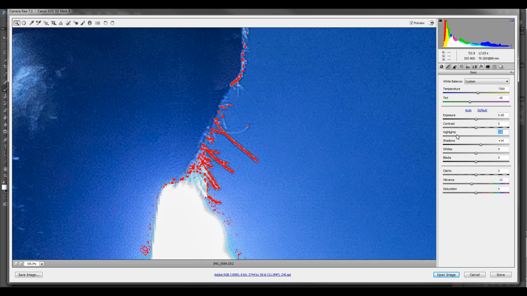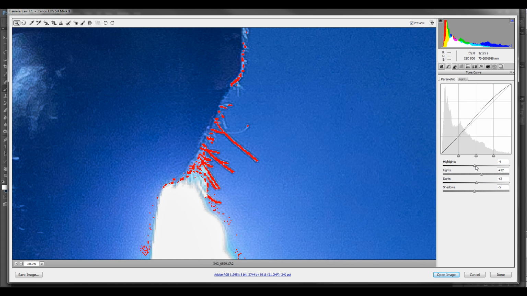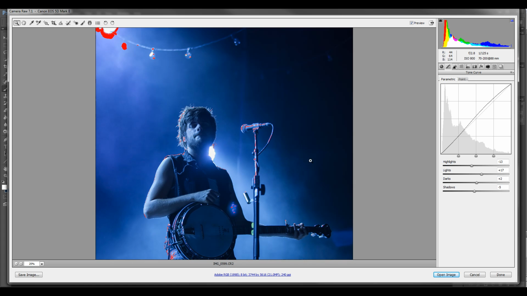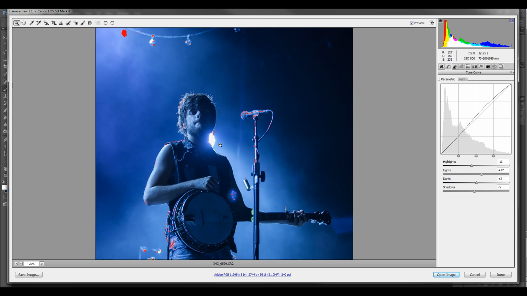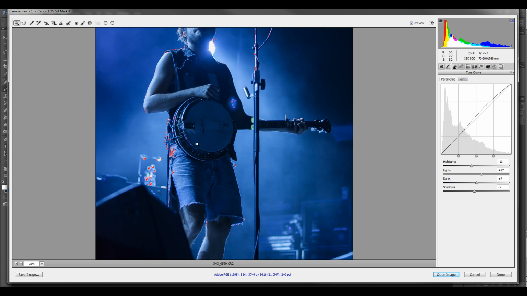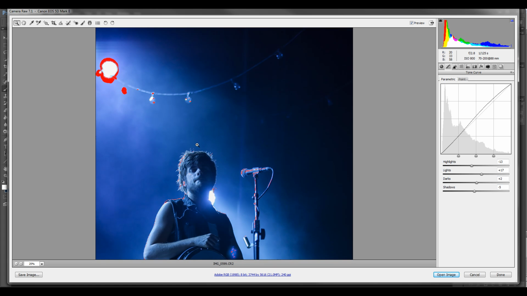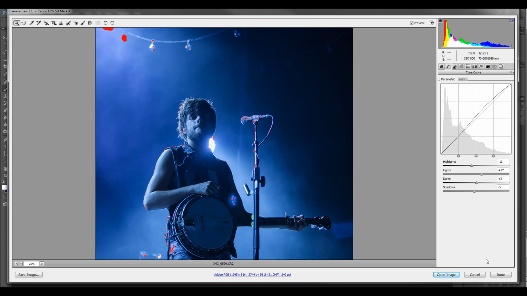Take highlights down. This one a little bit down. Okay, so I think we already have kind of a nice result. Okay, when we're done,